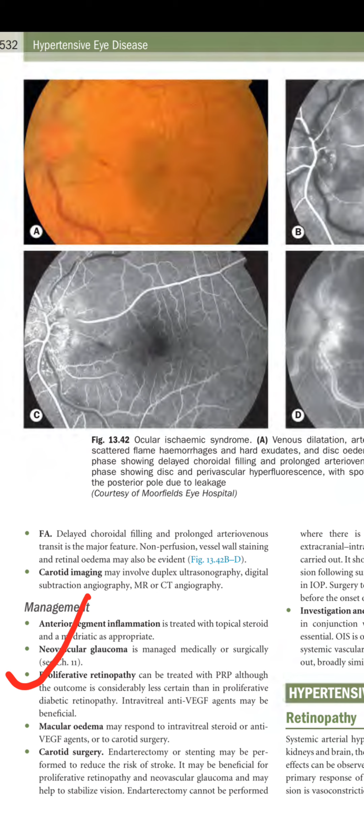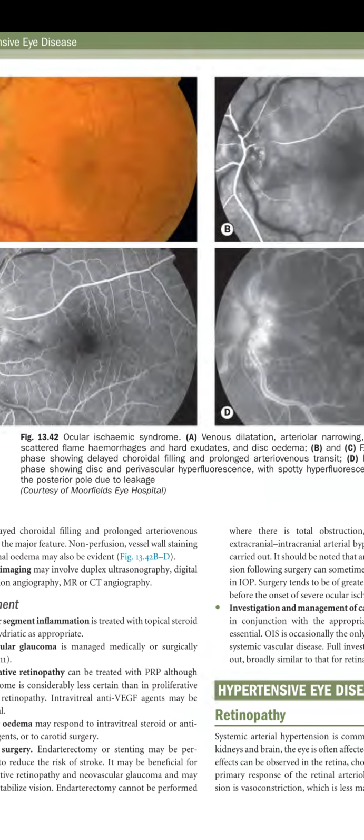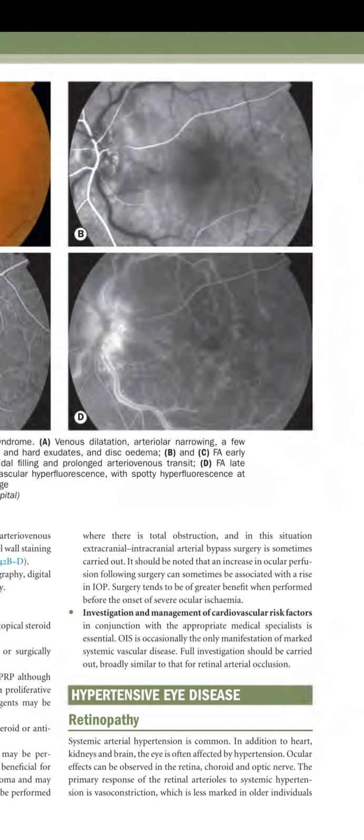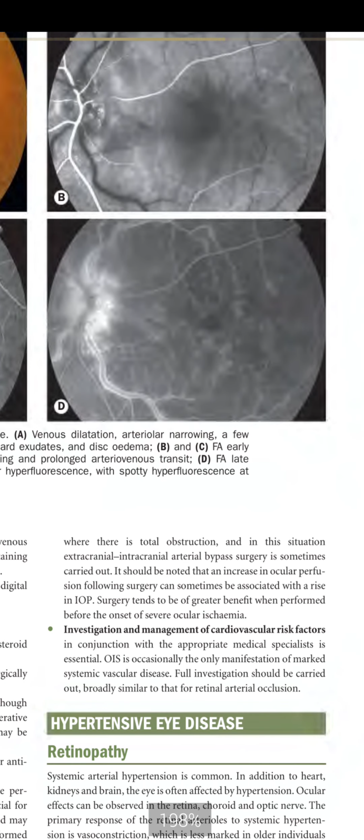Endarterectomy or stenting may be performed to reduce the risk of stroke. It may be beneficial for proliferative retinopathy and neovascular glaucoma and may help to stabilize vision. Endarterectomy cannot be performed when there is a total obstruction, and in this situation, extracranial to intracranial arterial bypass surgery is sometimes carried out. It should be noted that an increase in ocular perfusion following surgery can sometimes be associated with rise in IOP. Surgery tends to be of a greater benefit when performed before the onset of a severe